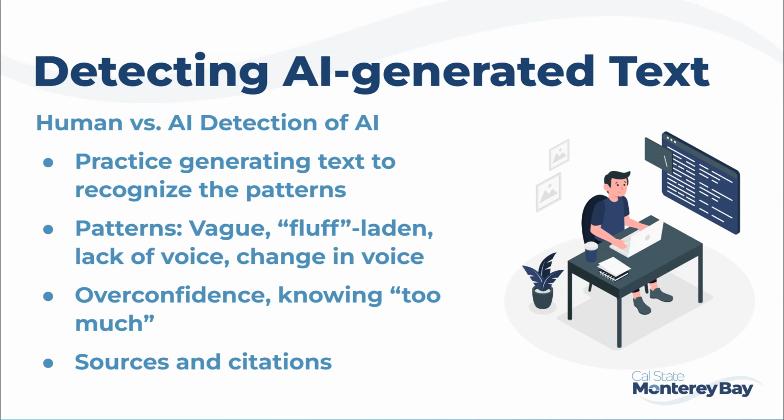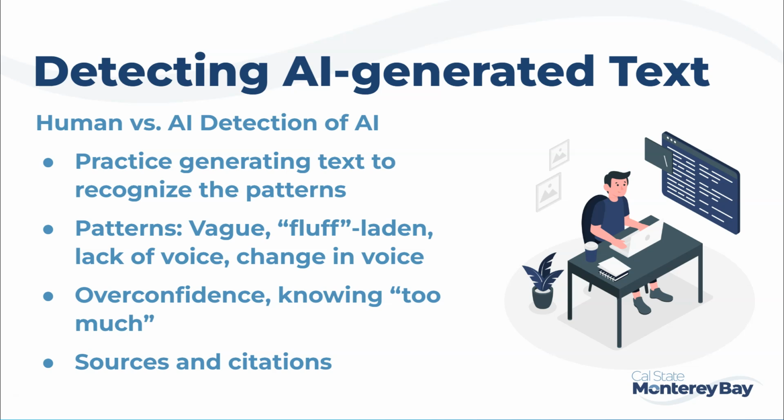When we talk about detecting generative AI outputs, there are two methods to do that. You can detect it yourself after a bit of training, or you can rely on some kind of AI tool to detect AI content. You may also choose to employ both methods or neither, depending on your subject matter, modality, and your teaching or instructional design approach in general. For now, let's talk about some strategies you can use as a human to detect AI-generated text.